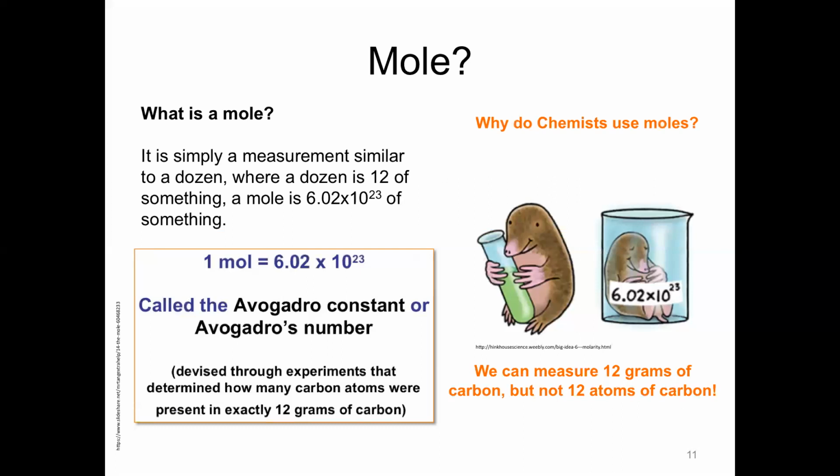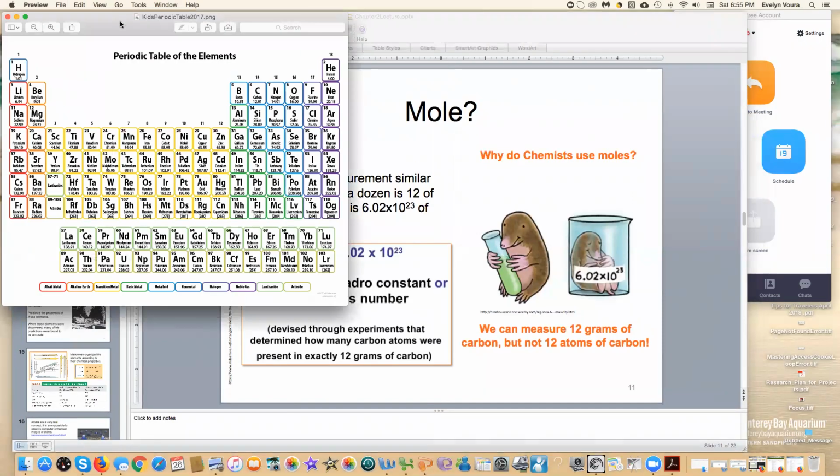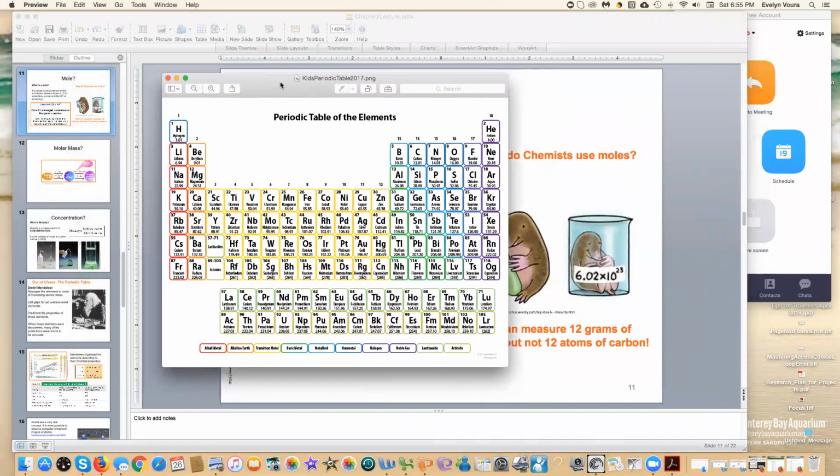Now, think about this. If you're a chemist, you cannot weigh out 12 atomic mass units of something. So if I go here and you go to the periodic table, this is sort of jumping. We're going to go back to this kind of idea later in the semester or later in the course. But you've seen this before, so I'm going to go back and explain where it comes from. If you're looking at a mole and you see carbon here, carbon 12, we'll learn later this is 6 protons and it has a mass of 12.01, and where that comes from because there's different isotopes of carbon. But basically, if you look at it at the atomic level, it has a mass of 12 atomic mass units.